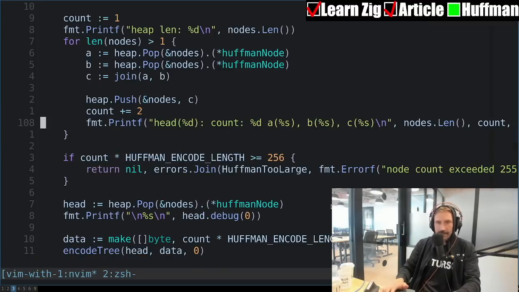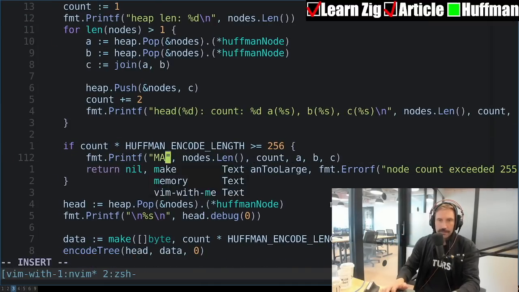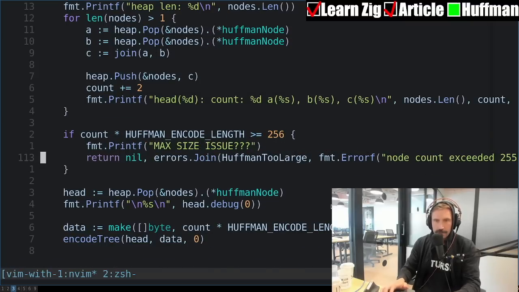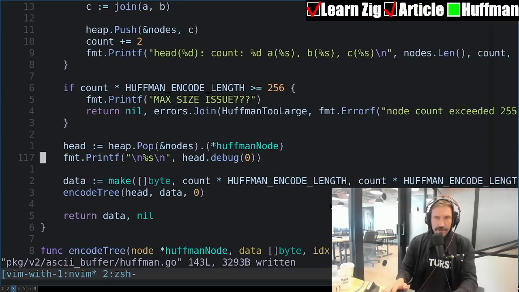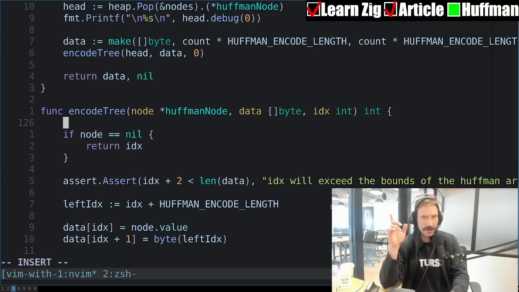I think we got it, people. All right, there we go. We're going to debug that one, and then I'm going to encode the tree and walk this down.